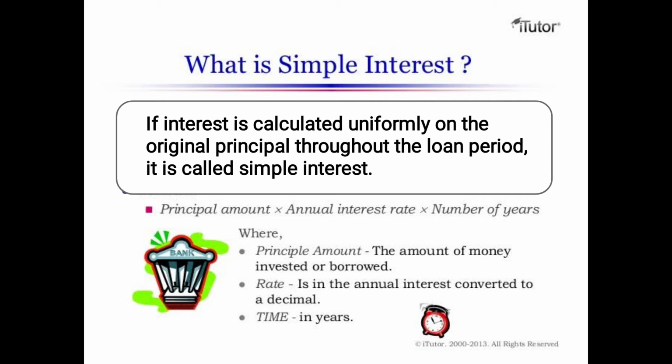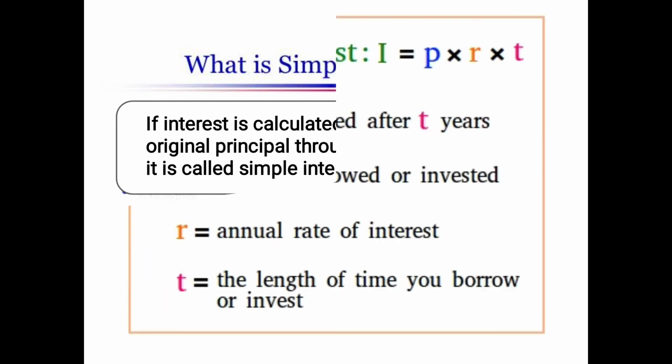Okay. So finding the simple interest, we have the principal amount, which is a bulky amount, the interest rate, and the number of years you are taking to complete the loan amount. What is the meaning of principal amount? It means the amount of money invested or borrowed. You borrowed from the bank, right? So that is the principal amount. Rate means how much interest they are putting. Time means in years. So this is the simple interest, children. I hope you understood simple interest also.